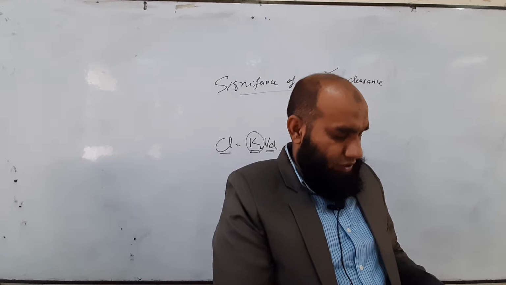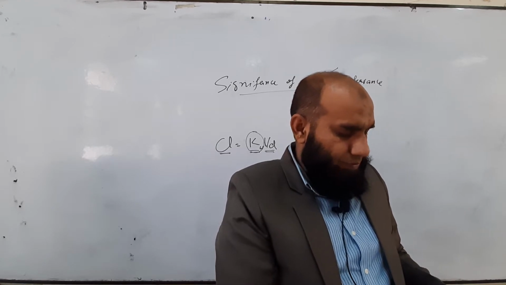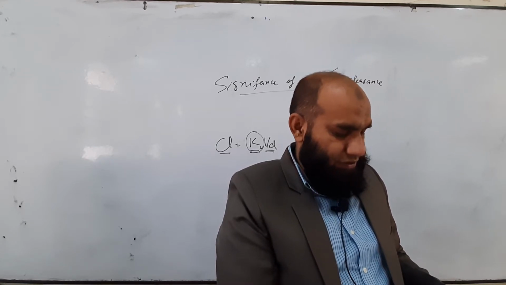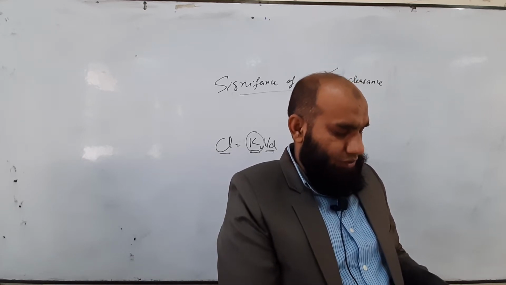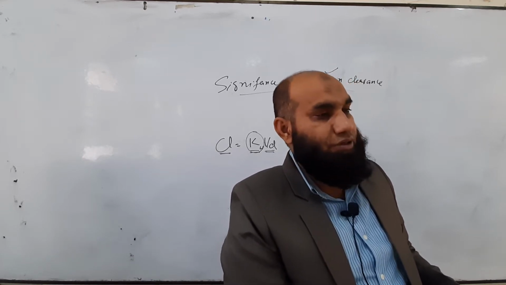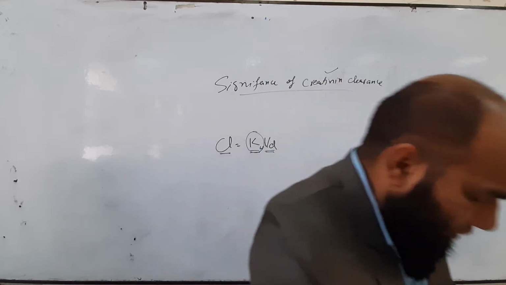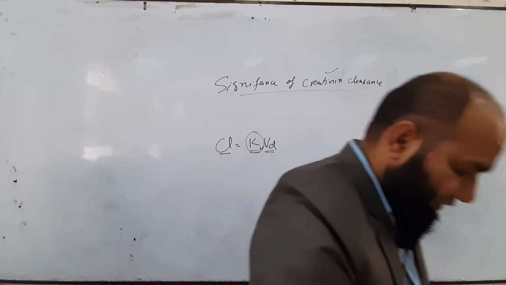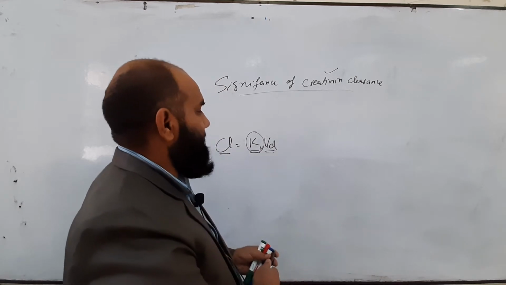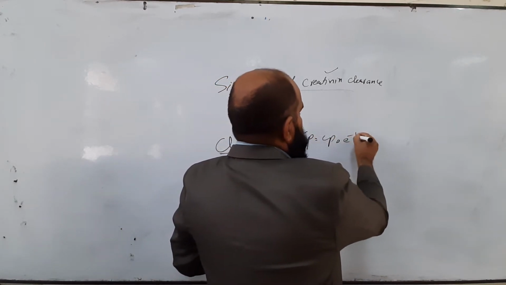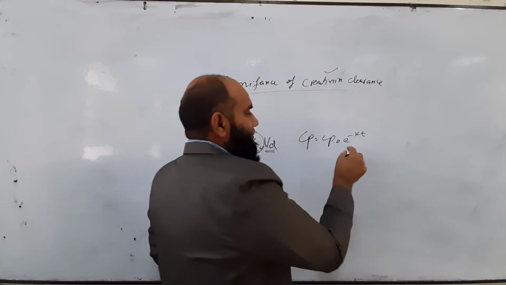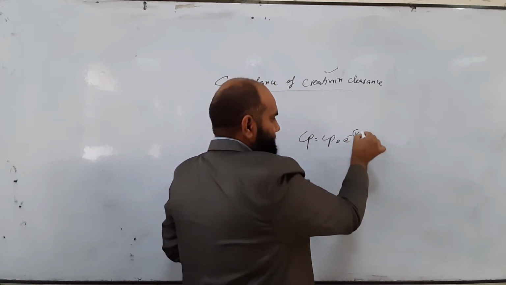This example is for the one compartment model. The parameters include plasma concentration at any time, the area under the concentration versus time curve, and clearance. These are the parameters which can be changed. Okay, we have different concepts of the concentrations. For example, we know Cp is equal to Cp naught e to the power minus Kt. I want to clear the concept of this rate.